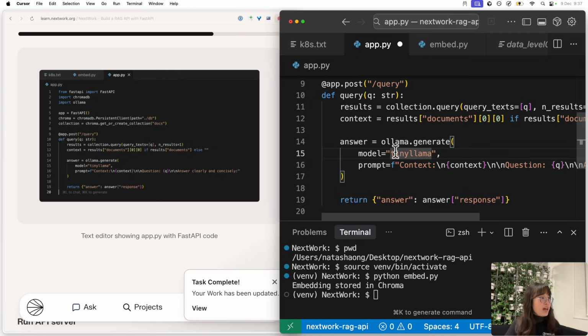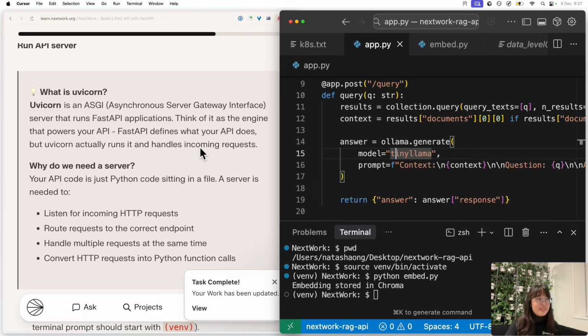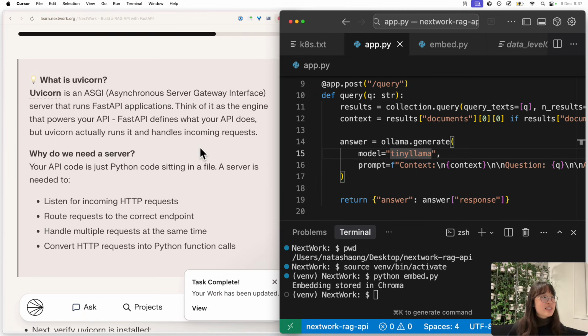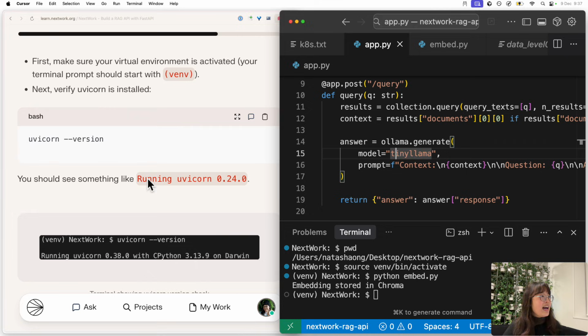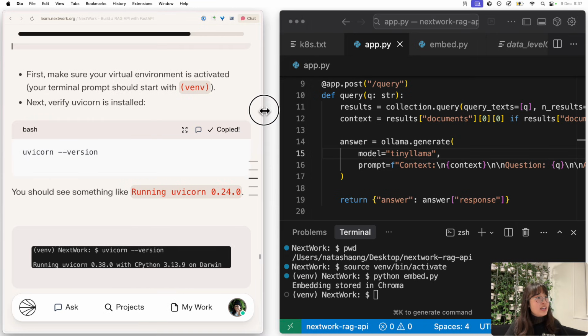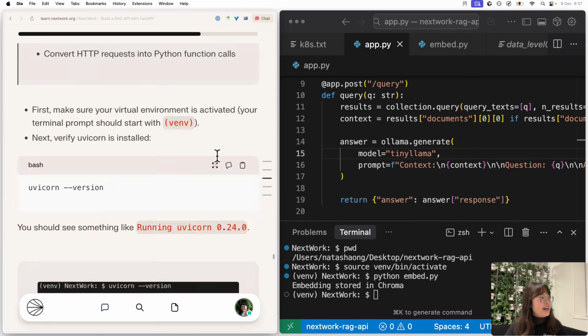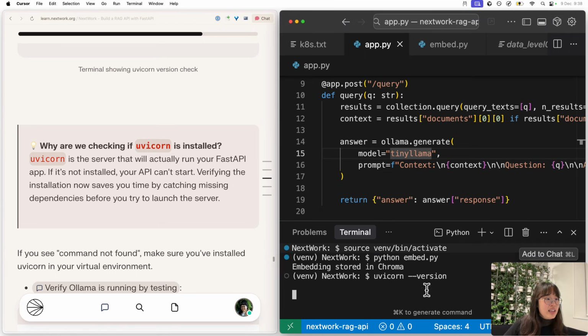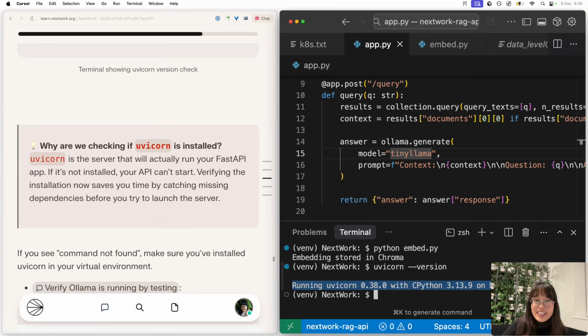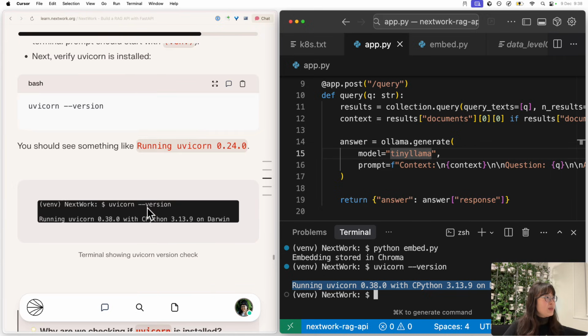So once we save the file, press Command S, we're going to run the server. Off we go. Uvicorn is going to be the server that actually runs this application. It's the engine that actually runs the code. FastAPI is the framework that helps us write the code or figure out how it's going to work. But Uvicorn is the actual engine that runs it. So we're going to need to make sure Uvicorn is installed by running uvicorn --version in our terminal. We've got a version number, great. And we can move on to